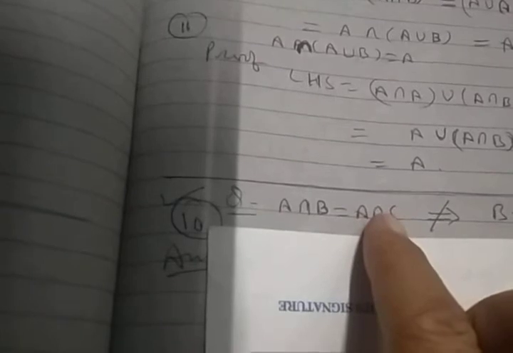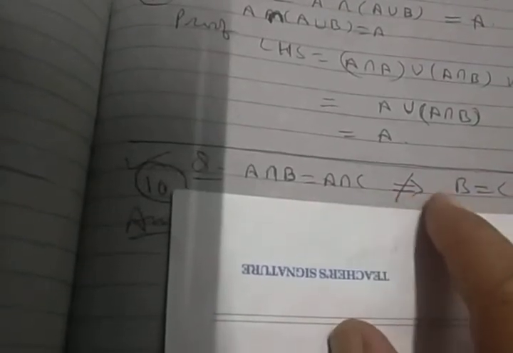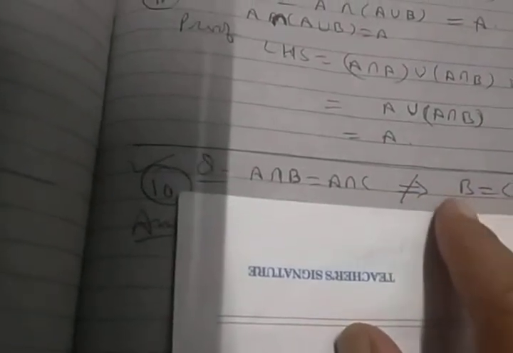Now we are going to do question number 10. They are basically asking: if A intersection B is equal to A intersection C, that is, the intersections of set A with B and C are equal, then prove that B and C need not be equal. If anything is not correct, then we try to give an example, and this we have already discussed.